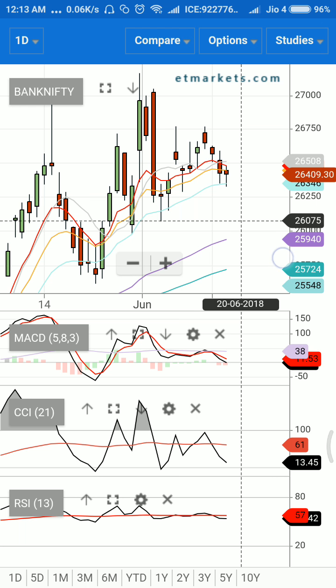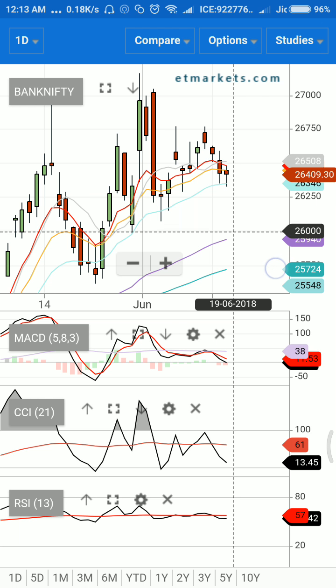On the put side, however, 26,400 has seen support because put writing has happened, and from this particular level and onwards on the high side, we have seen put writing, put long covering, and fresh bearish positions getting created. So what I feel is